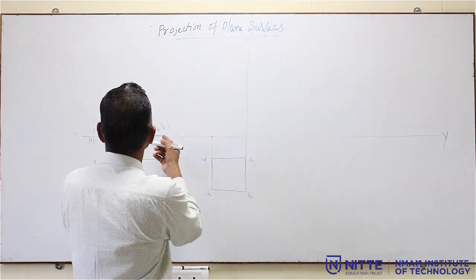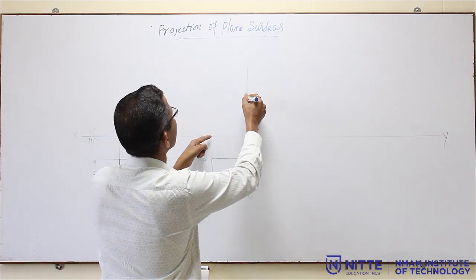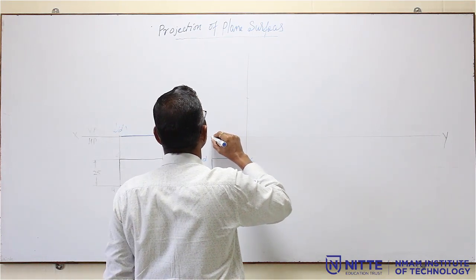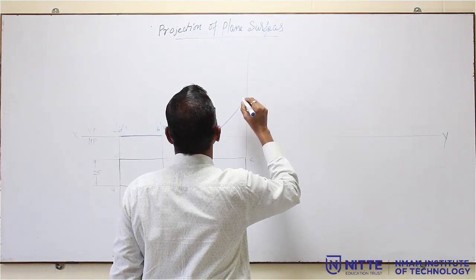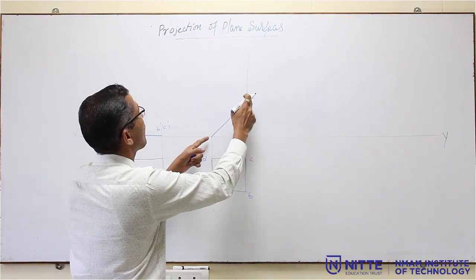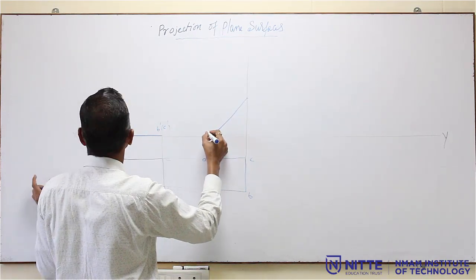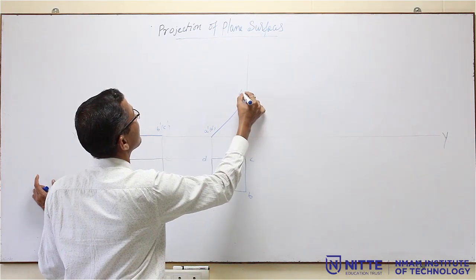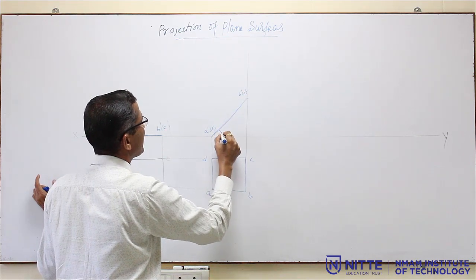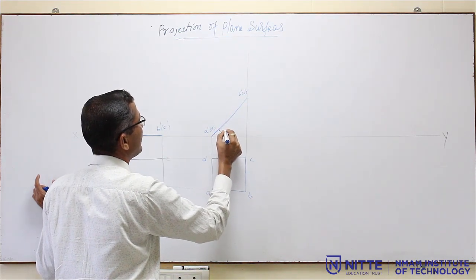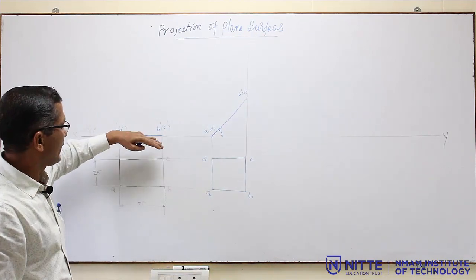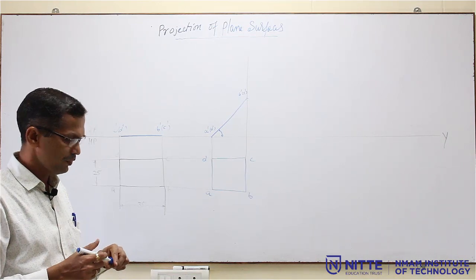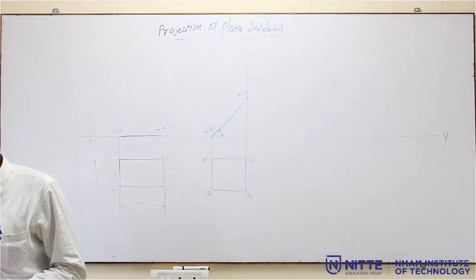This is the center, and with this as the radius, that is the front view length, cut like this and join by the line. Now, the same line has been copied here. Now, you name it A dash, same name you have to copy it, and you have to find the angle. What is this angle? You have to measure it. So, if you incline this rectangle with this angle, then it looks like a square. Now, what is the second condition they told?